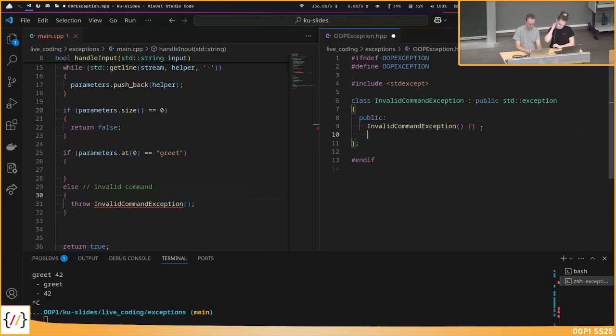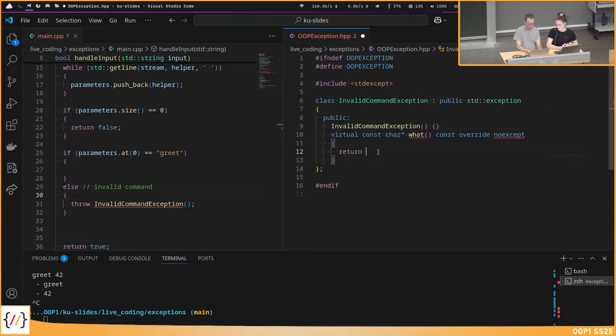And I will also implement the what method that we've seen already before. So this is a virtual const char pointer what const override noexcept. What it basically does, it returns a C string, it overrides it in the base class, it shouldn't modify anything in the class, and I think noexcept should be there because there is no exception thrown.